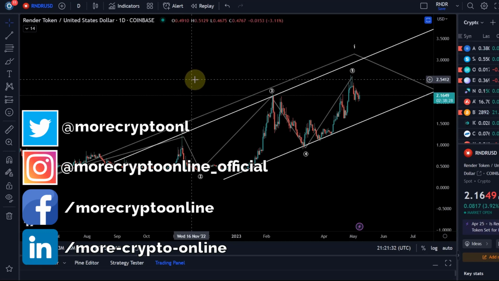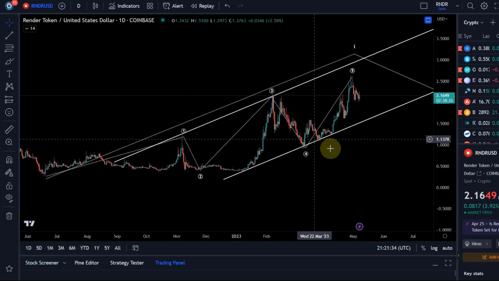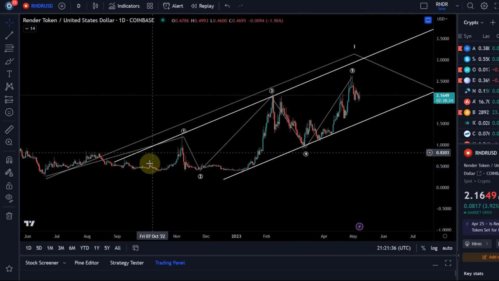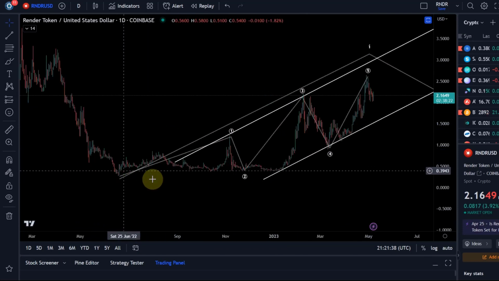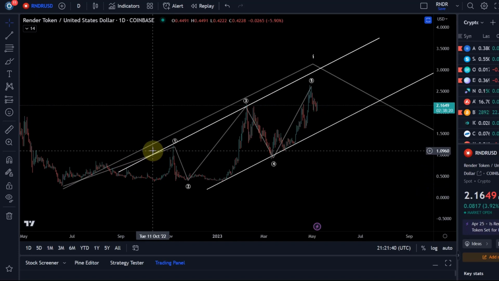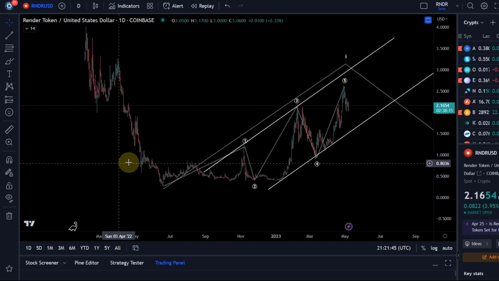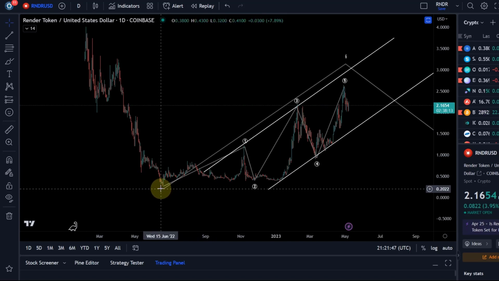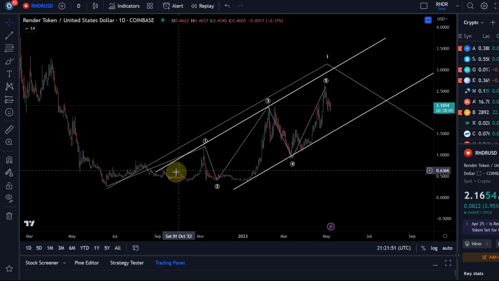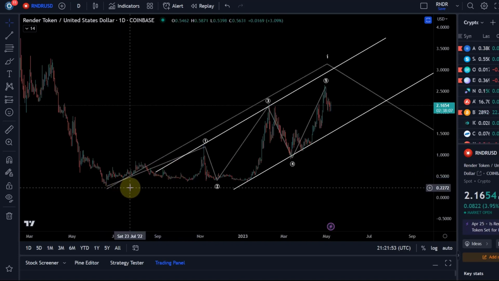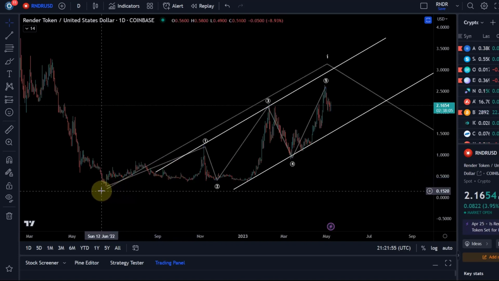So we are still projecting Render as a pretty unreliable diagonal pattern here. Yeah, we have a clear structure. Well, okay, it's not a clear structure, it's a diagonal structure. But first of all, of this swing low here, and that's the reason why I'm looking at it as a diagonal. Yeah, we need to consider the entire context, and the entire context tells us that this here